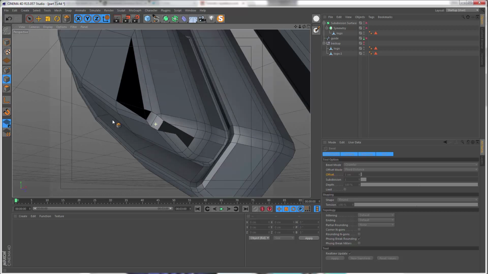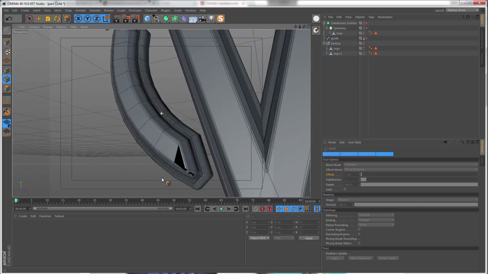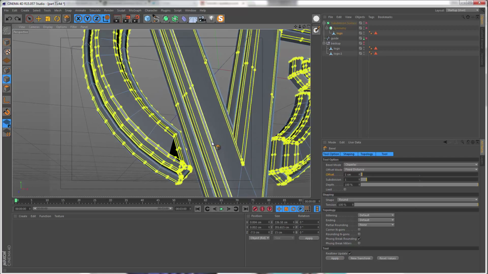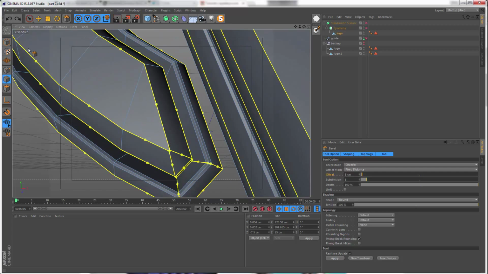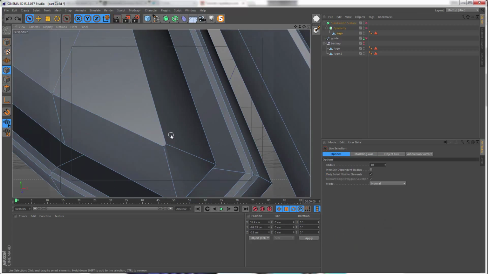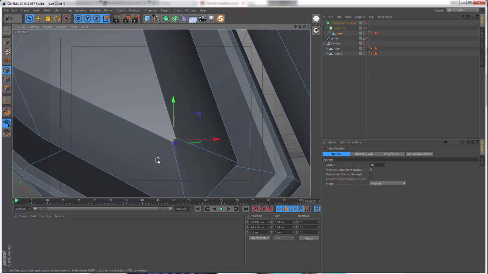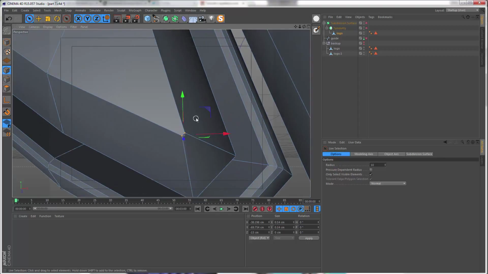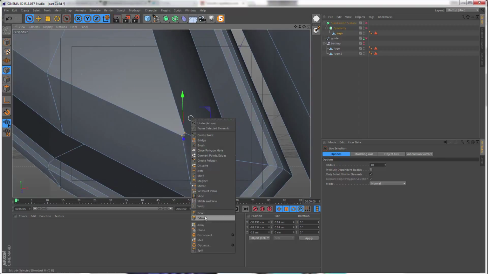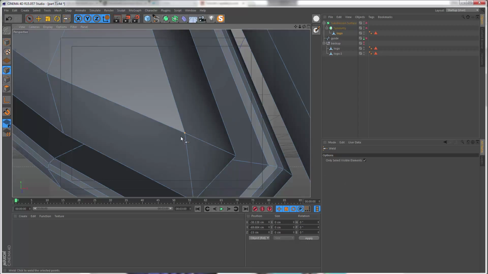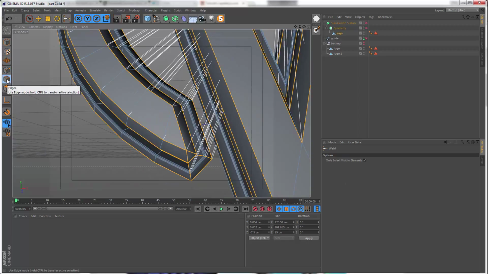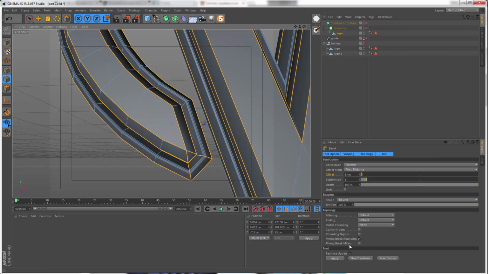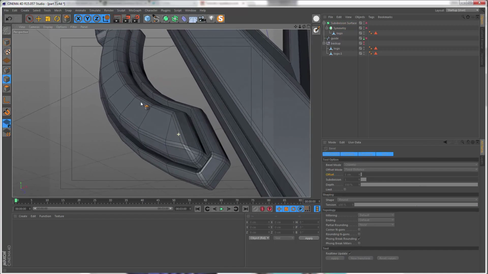There's another issue right here, and I know what happened over here, but I'm not sure what's going on up here. So let's tackle one problem at a time. I'm going to undo this, and down here I noticed as I was making the selection, these 2 points were a little bit too close to each other, so I could widen the distance between them, or I can just close them up. So let me right click and weld. Let's close this up, and if I go back to edge mode, you can see the selection is still there, so I can right click and we can bevel once again, click apply,